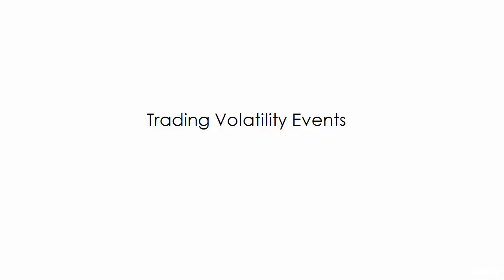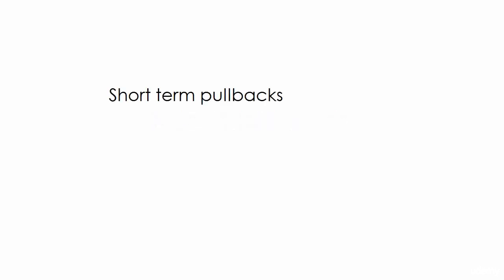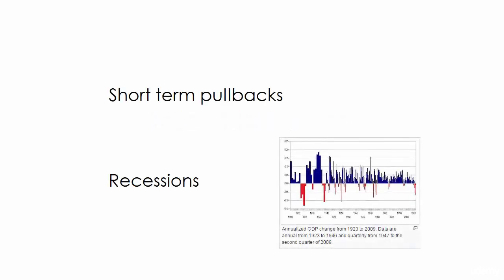When it comes to trading volatility events, there are two different categories to consider: short-term pullbacks and recessions. Most of the time the economy is growing, and most of the time the stock market is going up. But when a recession hits, stock prices plunge. Even just the hint or increased risk of a recession is enough to drive down stock prices, even if an